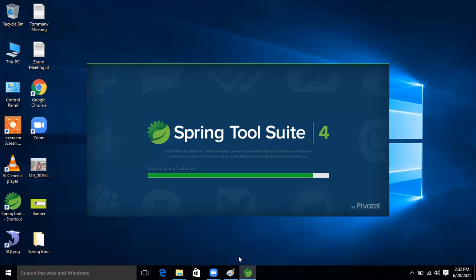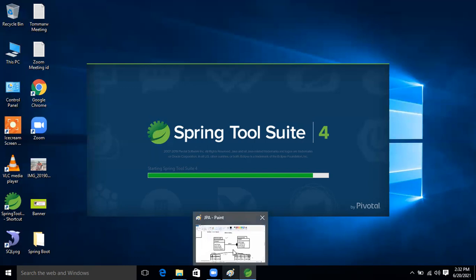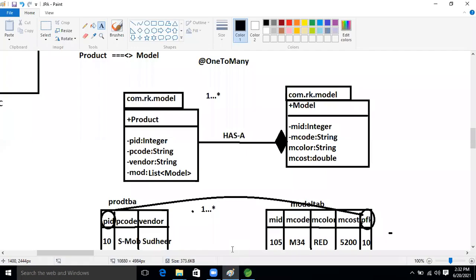Ravi, instead of creating the ID manually, can we give the ID now? An @Id annotation for the primary key. Yes. We must make the primary key, because without making the primary key, our Hibernate application will not run. So you need to apply @Id on top of it. Otherwise, our application will fail.